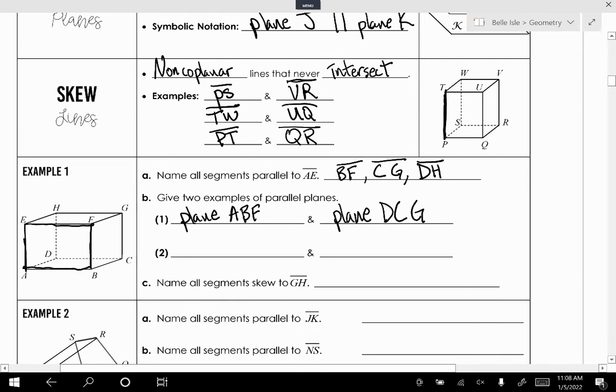Can you name that plane something different? Yes. You can name it like CGA. It's true. Or you can name it CBH, sorry, CBH. Okay. Number 2, we could do plane